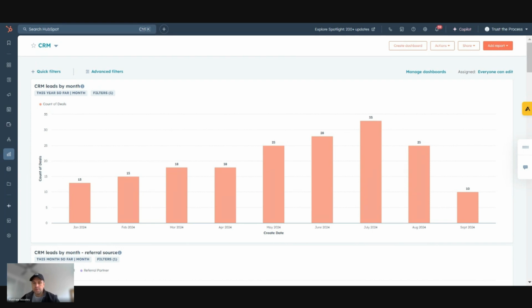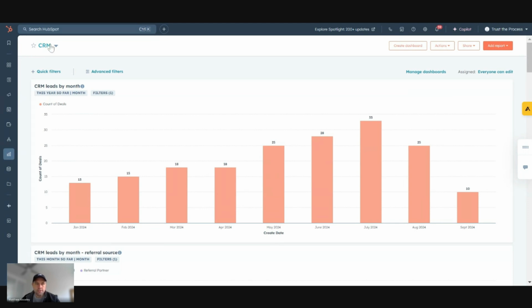So within the dashboard section, you've got a range of different features, but basically a dashboard is just made up of reports. So in some of those Analyze tabs, when you save that report, you can save it to a dashboard. Within this, you've got the ability, depending on your subscription, to make a range of different dashboards and customize them. If you're on a Starter HubSpot pack, you can't customize reports, but you can still use templated reports within HubSpot. If you're on Pro or above, that's when you can go in and customize and use further.